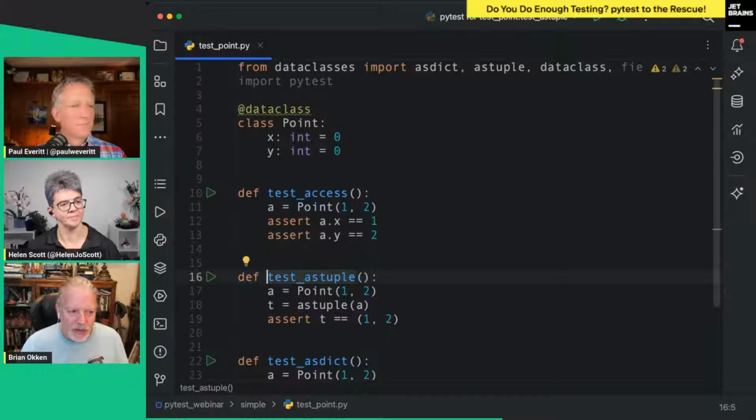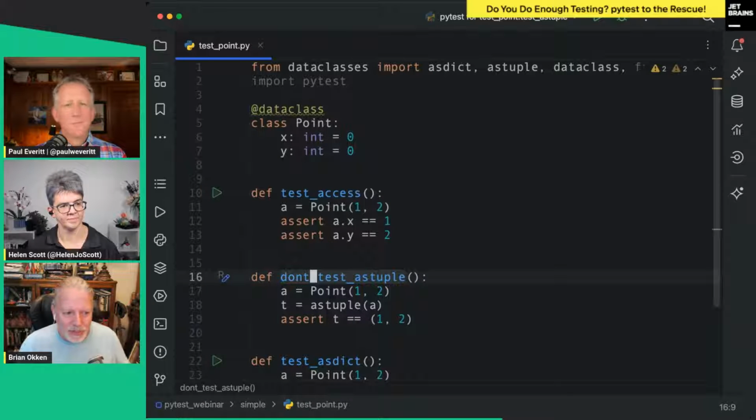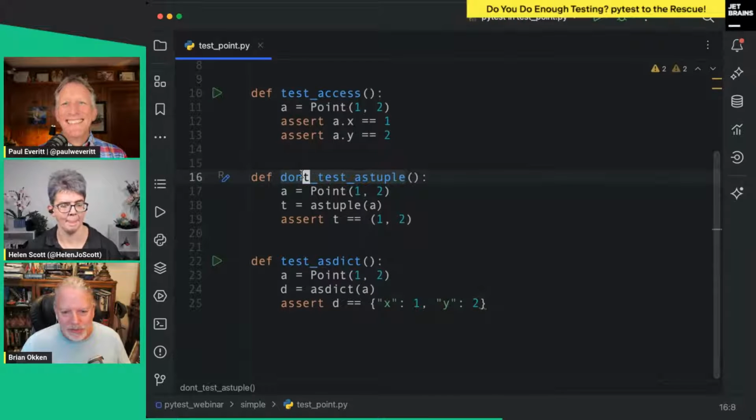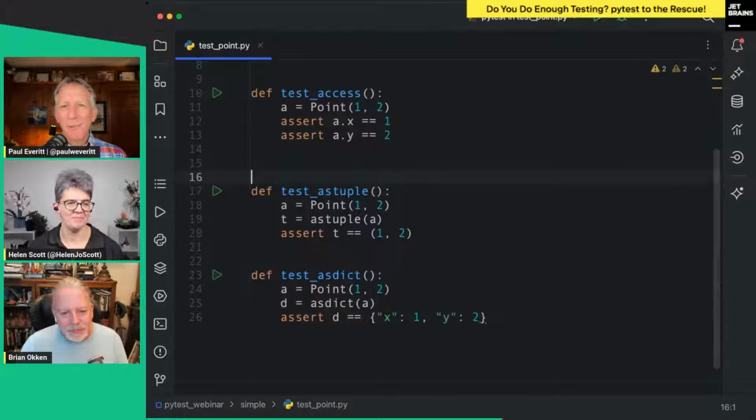So if I just say don't, or really anything so it doesn't start with test, and if I run the file, it'll skip that test. But that's weird. Don't do that. It'll be stupidly named, and people will make fun of you. And then people will be like, "Why are we doing this?" So I recommend just using the skip decorator.